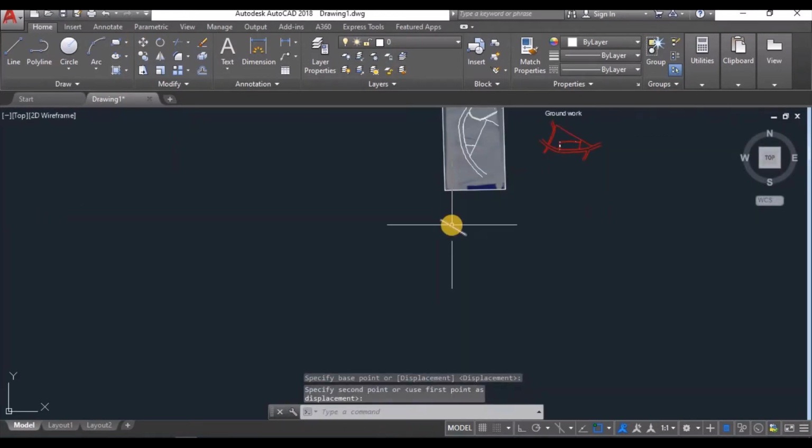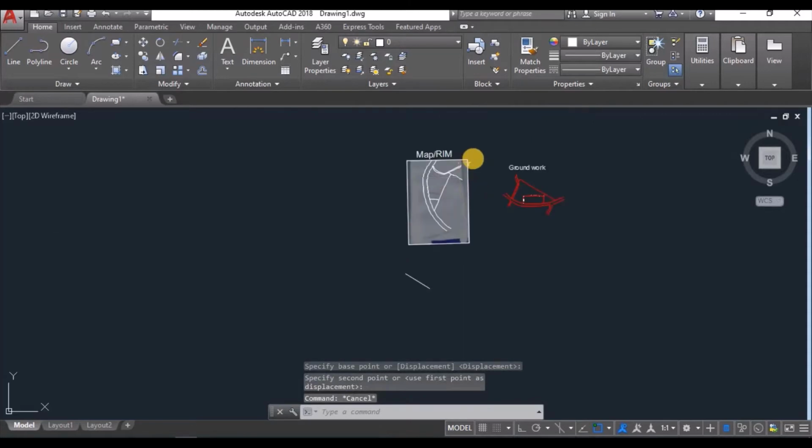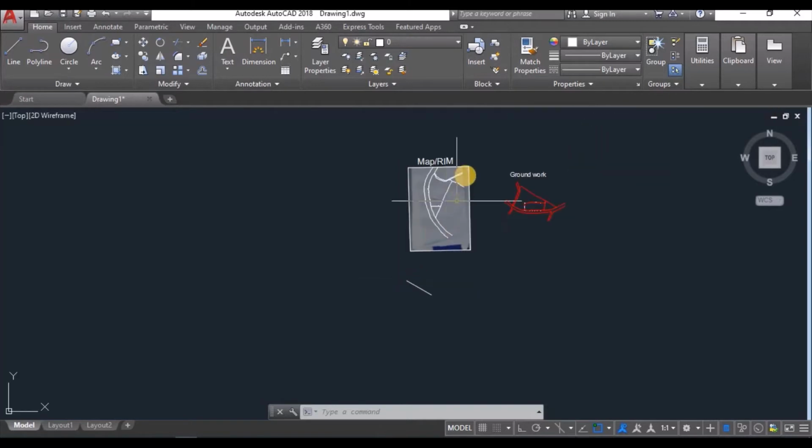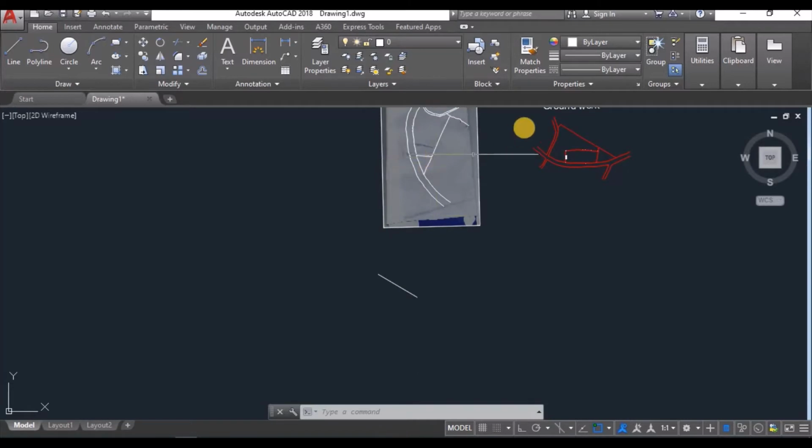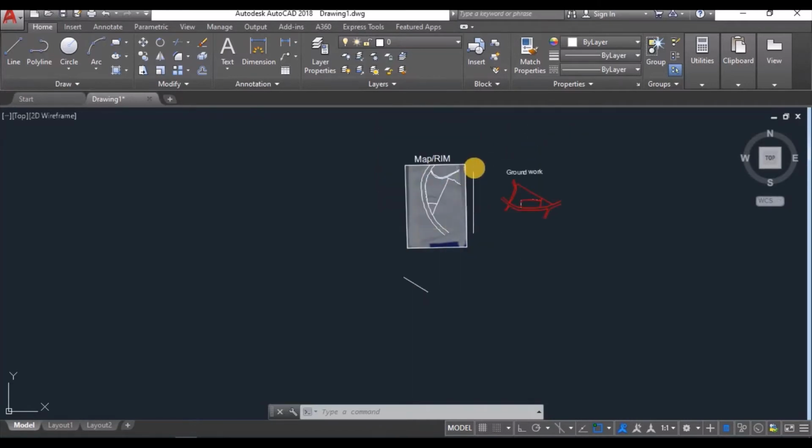And now what we are going to do is have this one aligned with this line, because this line is extracted from the groundwork. So we can see that this corner, this end of the line, corresponds to this corner here, and this one corresponds to this one as it is on the groundwork. So we are going to